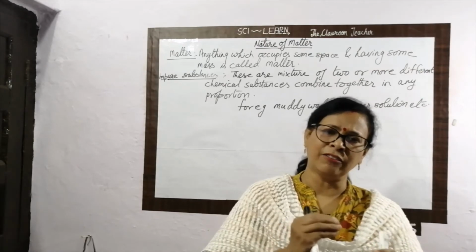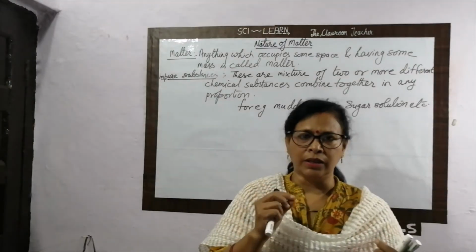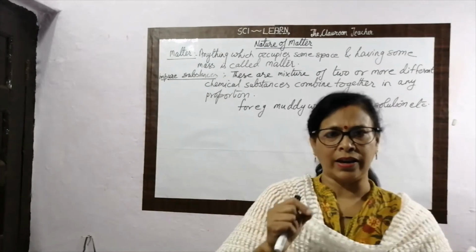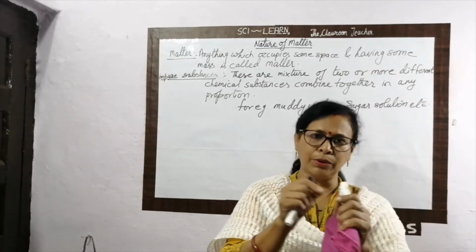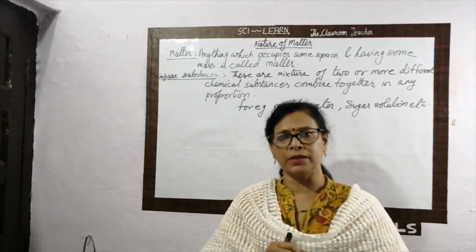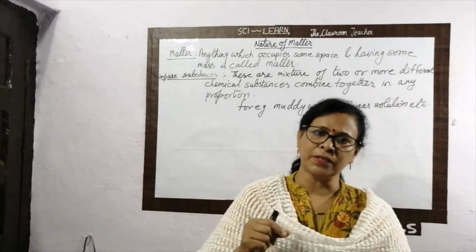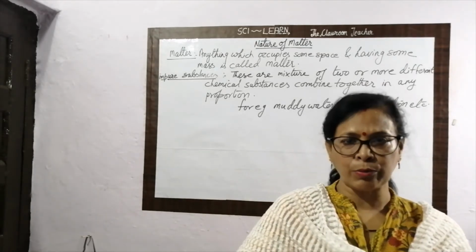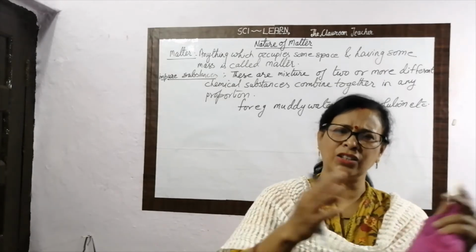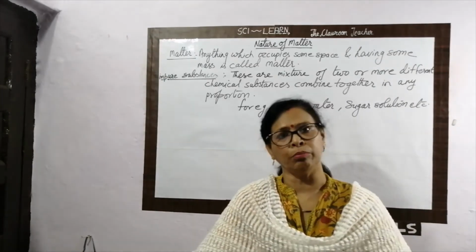We are able to identify each and everything in that. When you look in the bowl of tea, you see this is the ginger, this is the cinnamon, this is the tulsi leaf, and we are able to identify all the substances. So what is an impure substance? Impure substances are those matter in which the constituent substances are not combined in any fixed proportion, and it is actually a random combination of lots of things. So it is called an impure substance.